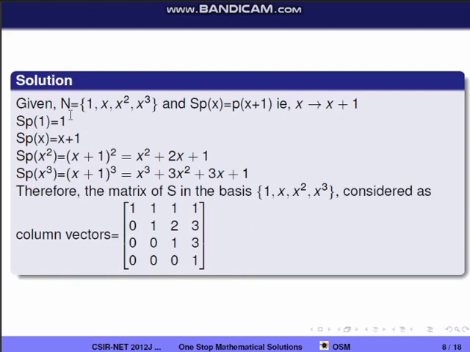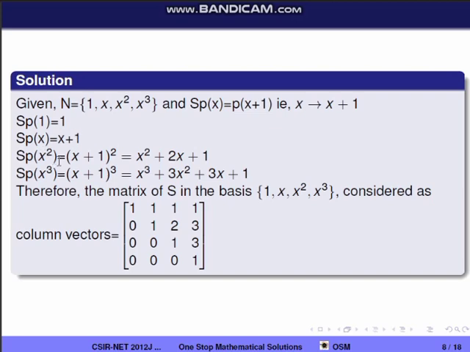So n is given to be the polynomials of degree at most 3. So I am writing its basis elements alone in the set: 1, x, x square, x cube, so that I will find the image of 1, x, x square, x cube with respect to the given linear transformation. The given linear transformation is S(p(x)) equal to p(x plus 1). That is, x is mapped to x plus 1. Wherever the x term appears, we are replacing it by x plus 1. Here S(1) is mapped to 1 because there are no x terms, so we need not replace anything. S(x): x is replaced by x plus 1, so we'll get x plus 1.